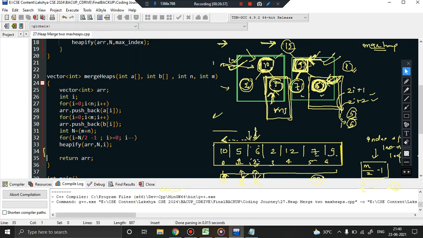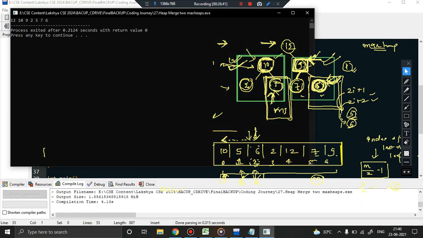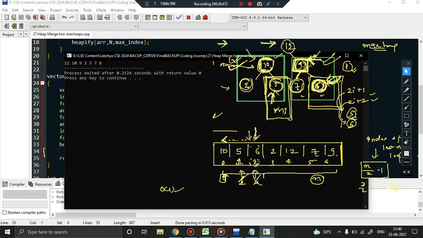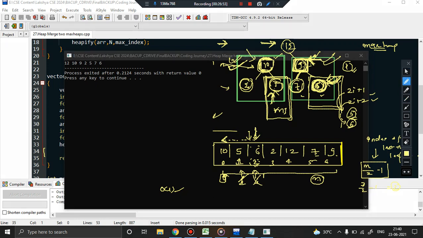So it's very interesting to debug the code while explaining, because it is challenging. And see, we have basically solved the particular problem, and we should also have a good command on debugging, right? We should be aware of where the mistake might occur. That basically shows your understanding of the problem. So anyway, this is the output that we have received. The tree is like 12, 10, 9, 2, 5, 7, 6, right? I have already explained to you how we got this.